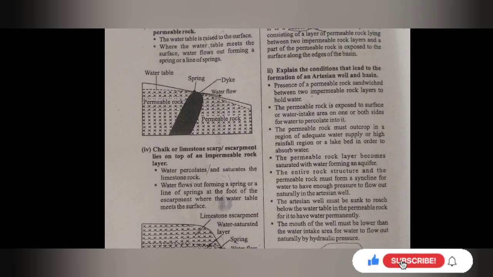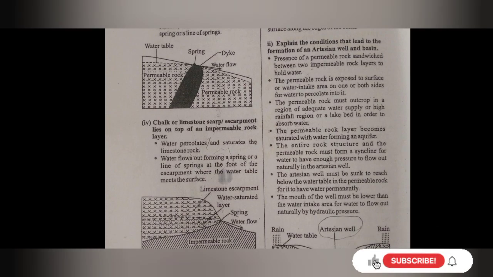So that permeable rock must outcrop in an area where we have adequate water supply, so that it can absorb that rainfall water, or in a lake bed in order to absorb that water. Then the permeable rock layer becomes saturated with water, forming an aquifer. Then it's also important to know the entire rock structure and the permeable rock must form a syncline, so